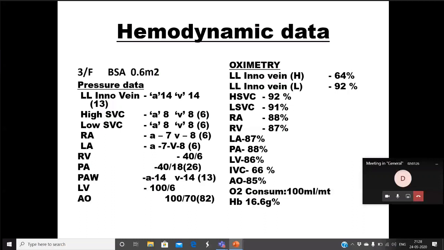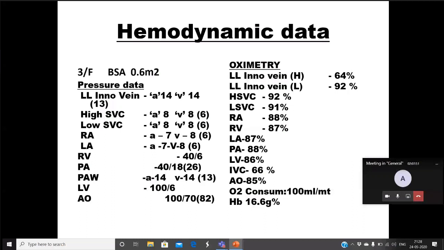Because of pulmonary vein obstruction. Because it's an obstructive type of TAPVC, that's why it is elevated. Yeah. So what you are getting is the pulmonary venous pressure. It is a total anomalous pulmonary venous drainage, and so what you are getting is the pressure in the left innominate vein, which the pulmonary veins are draining. That pressure is reflected on the pulmonary artery wedge. Yes, sir. Are you able to understand? Yes, sir. What you are getting is actually left innominate vein pressure, which is the pulmonary artery wedge pressure. Left atrial pressure is already separately mentioned.